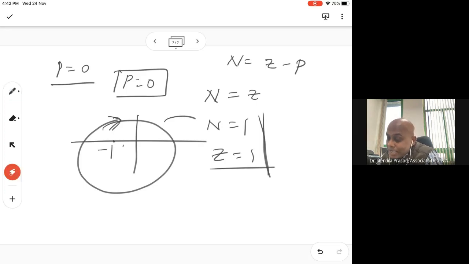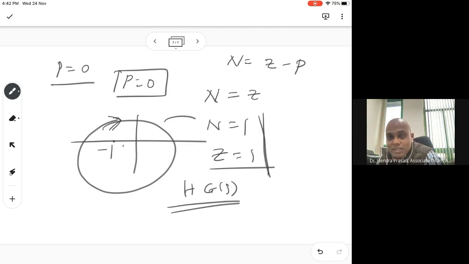And if one zero of 1 plus GS is on the right side, that really means it will make the system unstable for some value of K, at least for K equal to 1, right? Because we are assuming K equal to 1, and we are plotting. If we get a plot like this, it will be like that, because this is clockwise. We want to avoid it.